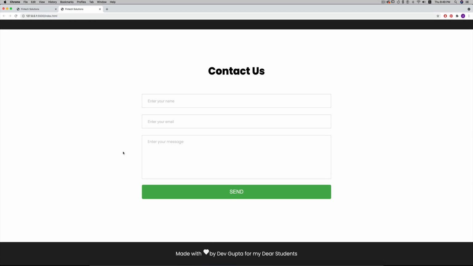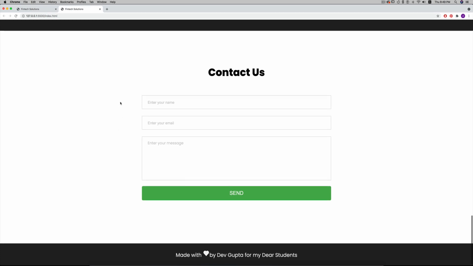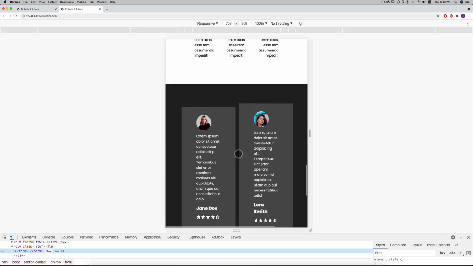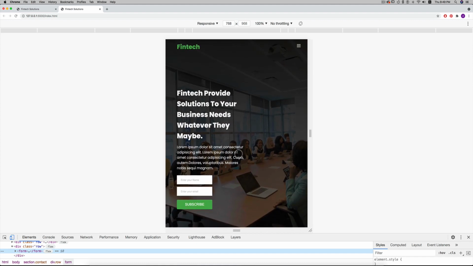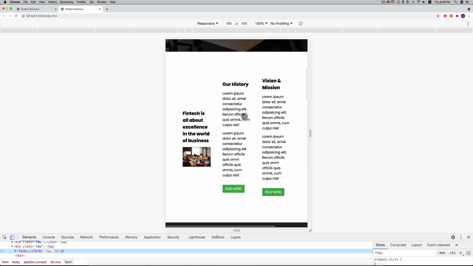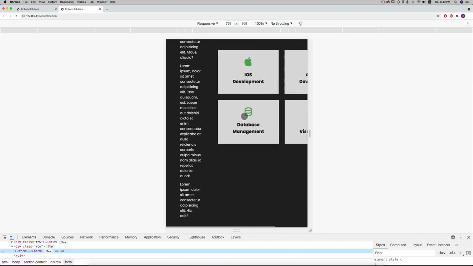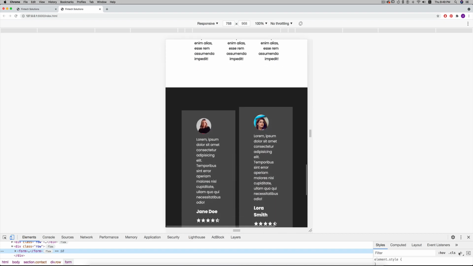So now let's check how a page looks in a mobile device. So right click, inspect. So this is how it looks at the moment. We are going to add media queries, but this is how it looks at the moment. So let's work on the mobile version. Close this.